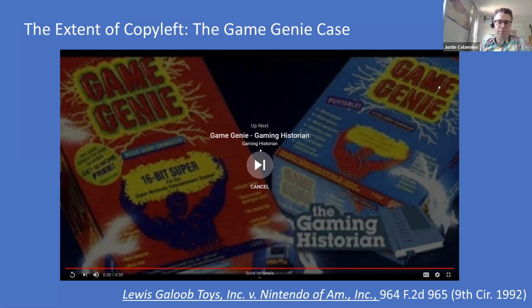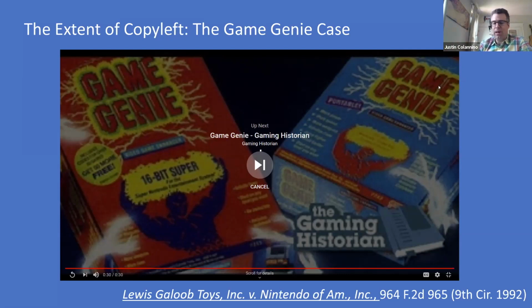And so they sued, and one of the things that they sued on is to say, hey, you created an unauthorized derivative work of our games when you've changed it so that in the game itself there's infinite lives or whatever, the cheat codes that you put in. And the court held that the Game Genie wasn't creating a derivative work when it was playing the game. The reason for that was that there was no copying of the game by Game Genie at all. All Game Genie was doing was acting like a filter or a lens through which you could change the way the game was perceived, but that didn't actually create a derivative work.